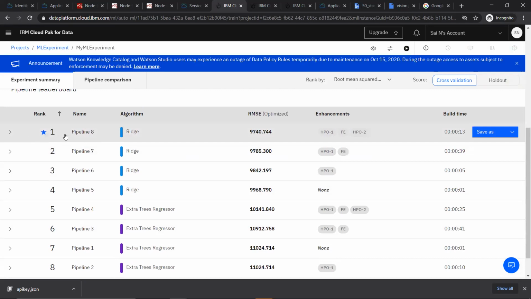Now when you have created this, when you found that this is the best model, you can either save it as a model or as a notebook. We want to generate a model. We don't want a notebook, in the sense you will get the entire process of the model which was built. I want to save it as a model for use, right? So I click on save as model.